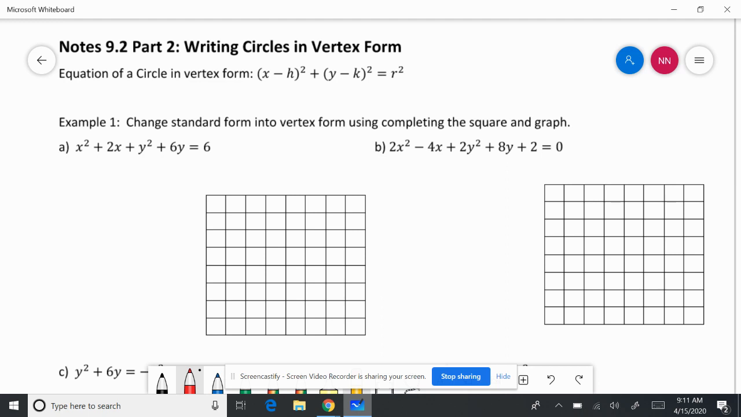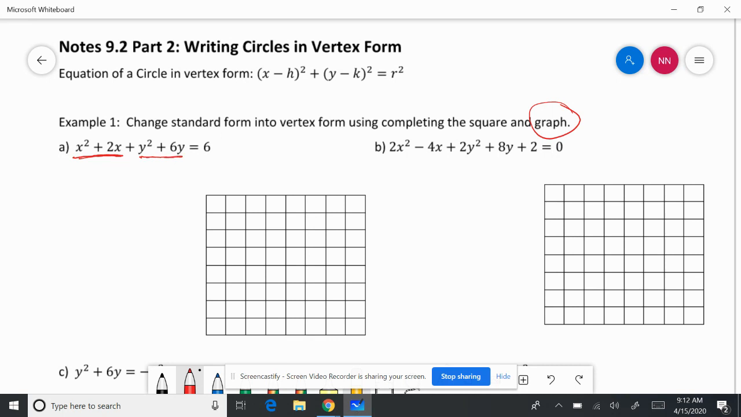Today we're going to continue writing circles in vertex form. This time we're going to be graphing them after we write the equation. So if you remember from yesterday, the first thing that we're going to do is write it in vertex form. And how we're going to do that is we're going to complete the square for both the x's